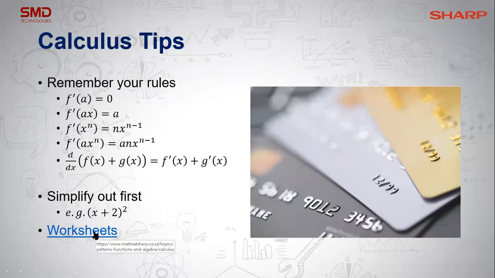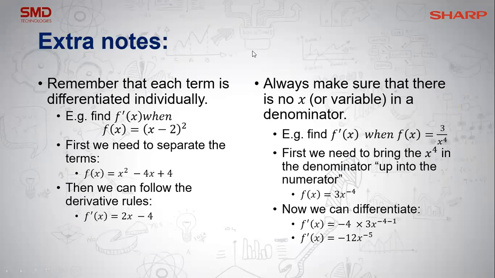And then, of course, all of your worksheets are here for calculus, so including optimization, first principles, etc. as well. Then remember again, make sure you multiply out your brackets before you try and differentiate. You need to have individual terms, especially when you have exponents like that, before you can differentiate. Okay, and then always make sure that you do not have an x in your denominator. So bring your x to the top, make it negative before you try and differentiate. Okay,